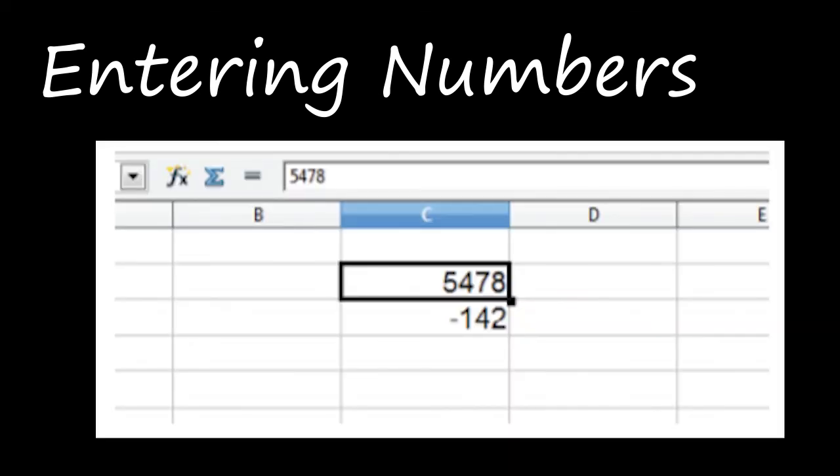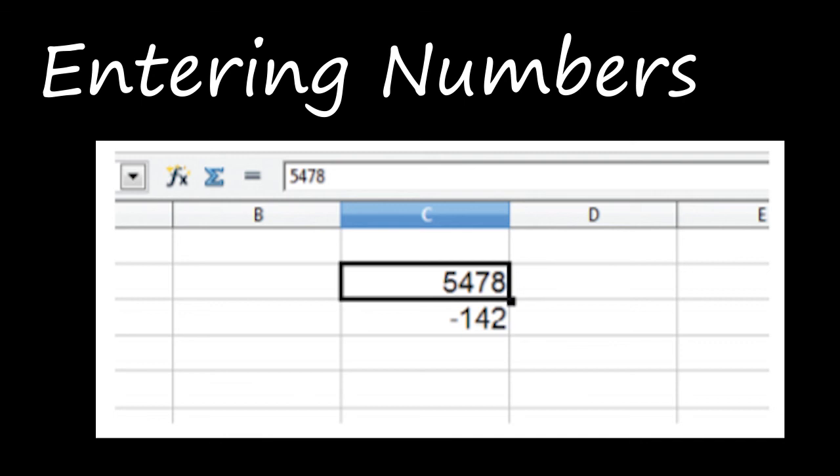Entered numbers are aligned to the right side inside the cell by default. Whatever you are typing will be displayed on the right side of each cell. Negative numbers can be entered with a minus, or within brackets also you can enter negative numbers. If you enter a number within brackets, it will be changed to a negative number. If any number starts with 0, Calc will drop the leading 0. In this way, you can enter any numbers in an active cell.